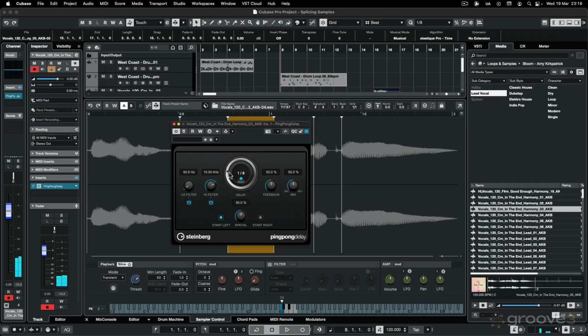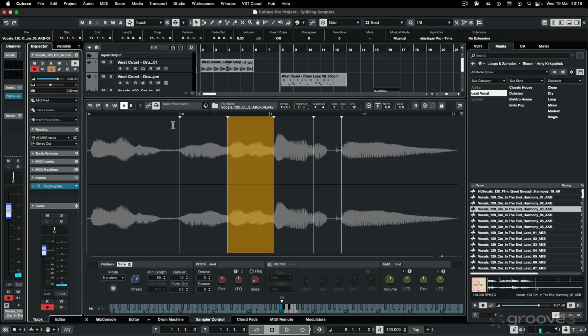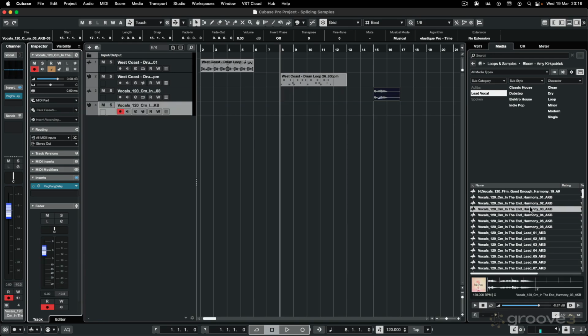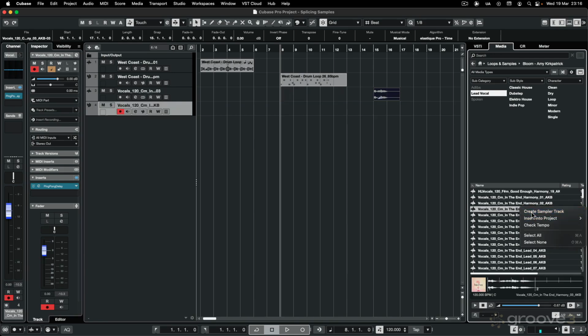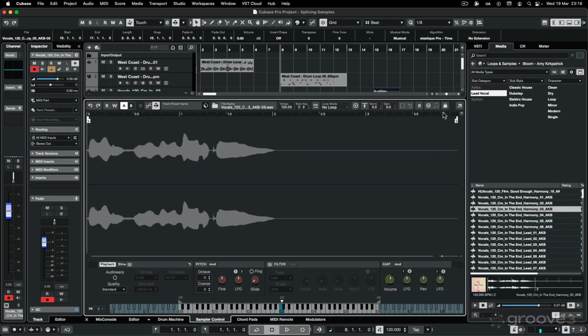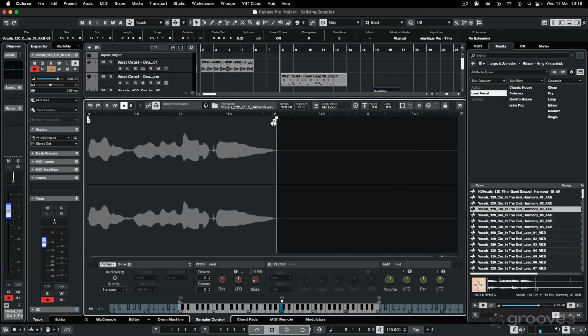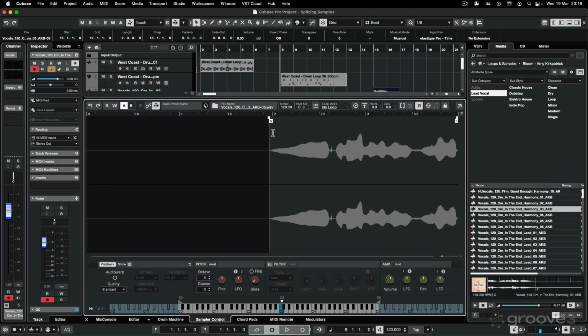So that's one way, but what I want to show you now is how to use a vocal sample and use this reverse functionality. So just to show you this in action, I'm going to create another sampler track. What I'm going to do is just take the endpoint and add it near the beginning. Then I'm going to reverse it. So as you can see, it's now going to be played in reverse. If I play back C3,